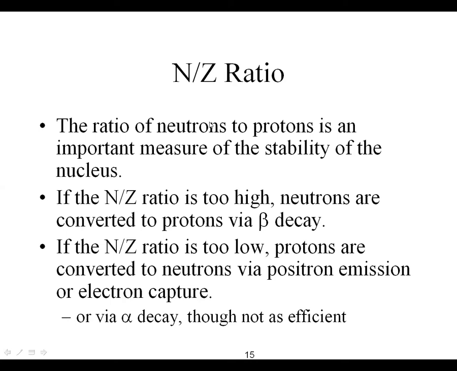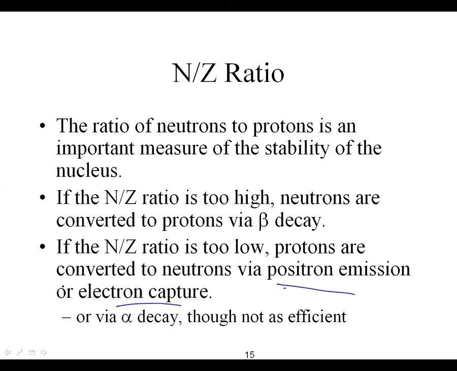Again, one decay process may not move it perfectly stable, but it should be moving in that stable direction. If the N to Z ratio is too low, protons are converted into neutrons, and this happens via two separate pathways. One is a positron emission, and one is an electron capture. You could also do an alpha decay, but that is not as efficient. So for things that are too low, we will stick with a positron emission or electron capture. So you may say to yourself,